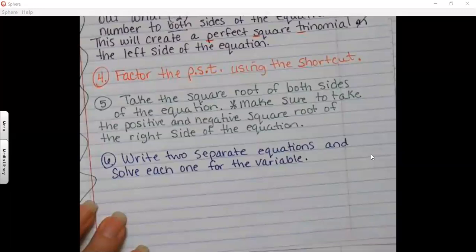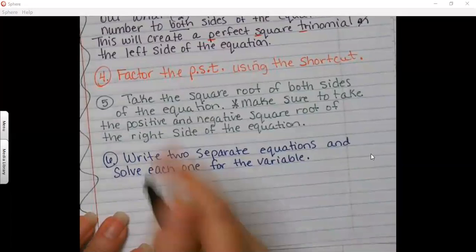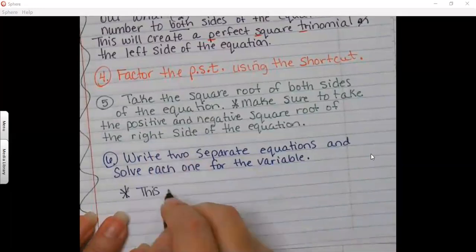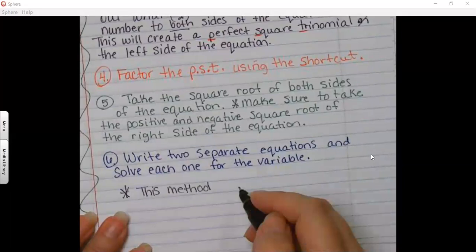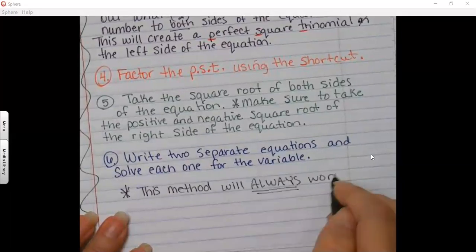And it's important to note this method will always work to solve a quadratic equation,